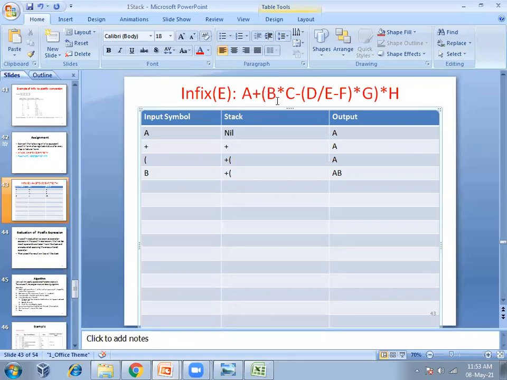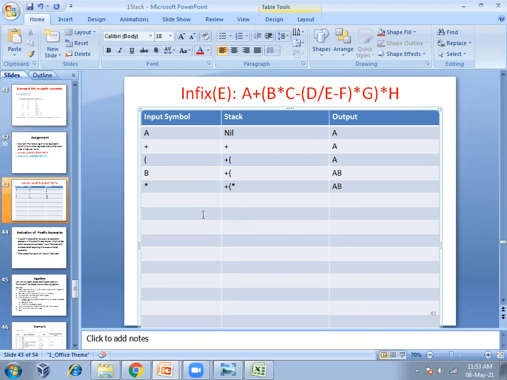Okay. The next is star. So star means what to do? It's an operator. You have to insert it into the stack. But before inserting, you have to check whether there is some operator with the same or higher precedence than this operator in the stack. Is there some operator satisfying that condition? No. So do nothing, just push this here. So plus, this bracket, then star, and this should be as it is: A B.